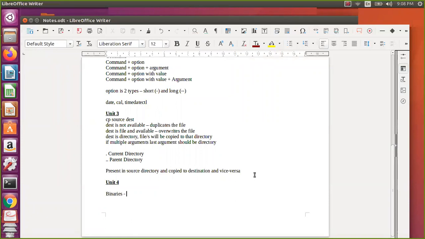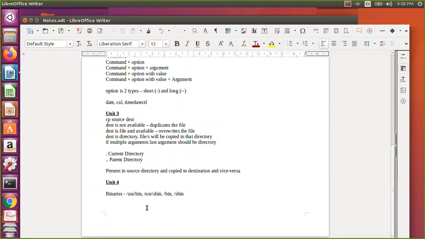So binaries are usually available in either of four places: /usr/bin, /usr/sbin, /bin, and /sbin. The binaries are divided into two types: one is required for the user, and one is required for the system.